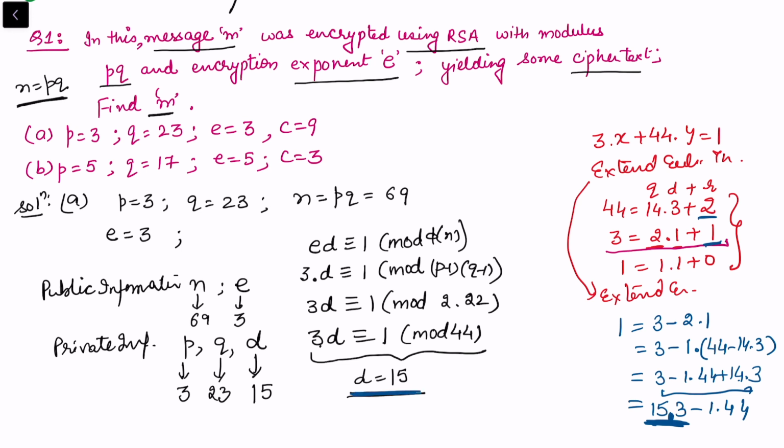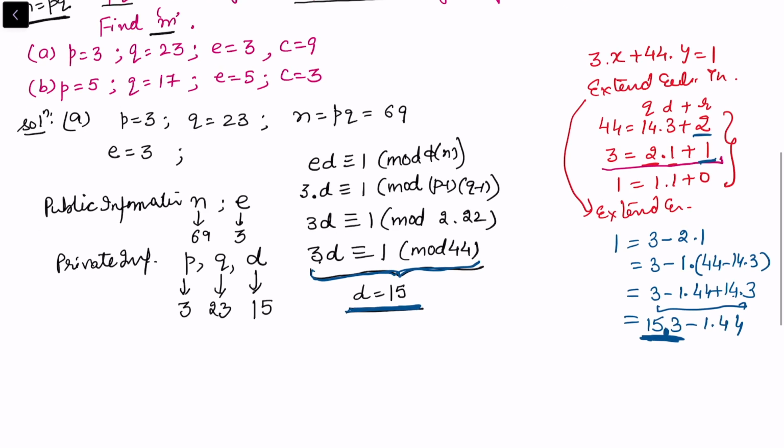So this is like a linear congruence. We can solve this linear congruence by various different methods. And we have calculated D. Now once we have calculated D, we have been given the C. So we want to calculate the original message. The original message is C to the power D mod N. So here we have C as 9, 9 to the power 15 mod N, and N we have calculated as